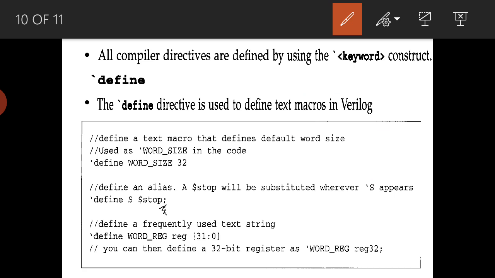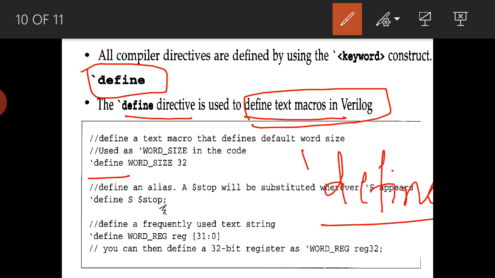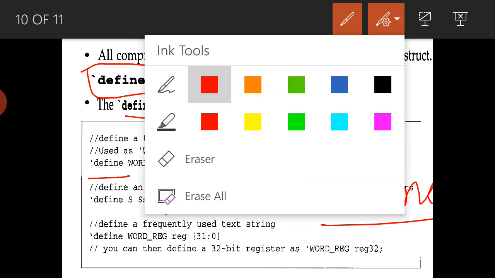The define directive is used to define text macros in Verilog. We can see the example here. It is not hash define here, it is tick define, not hash. In Verilog, as we are mentioning here, it is tick define.